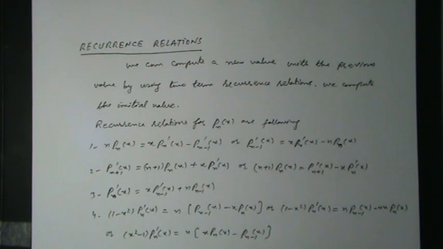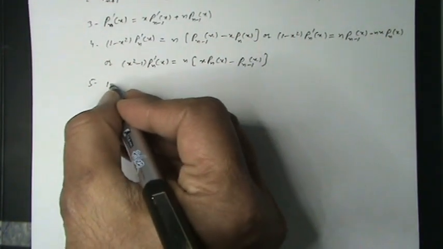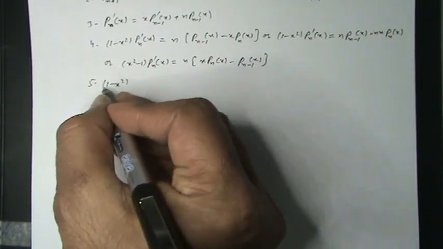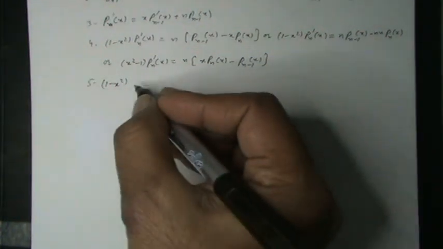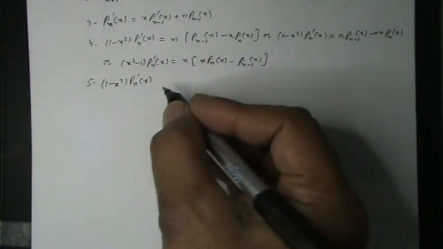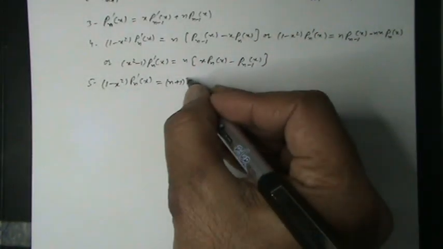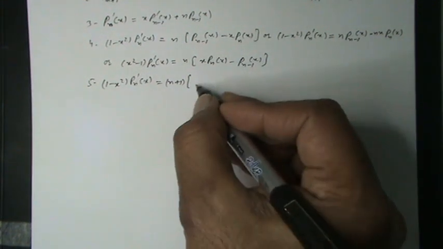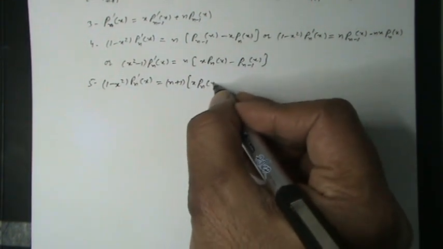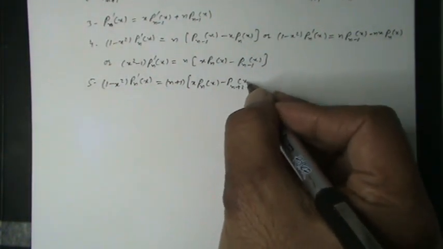Number 5, (1 minus x square)Pn'(x) equal to (n+1)[xPn(x) minus Pn+1(x)],